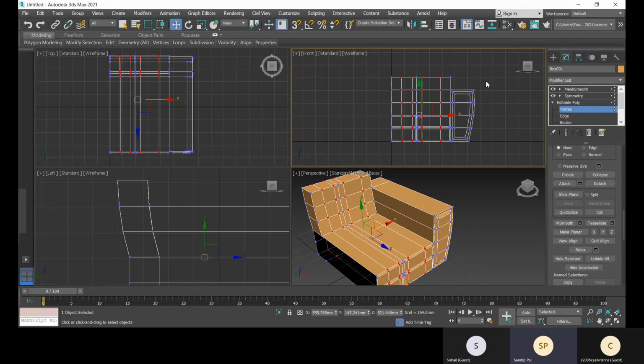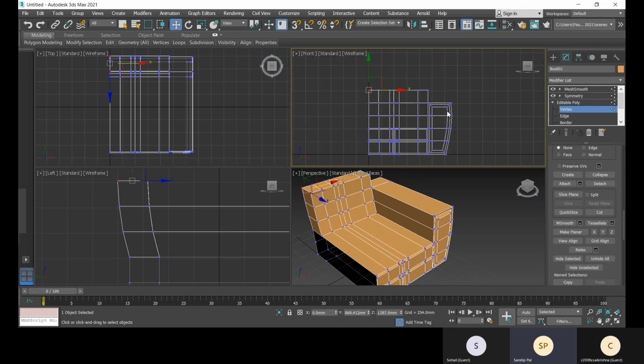Yes, now I'll switch to vertex mode. I'll drag this up.